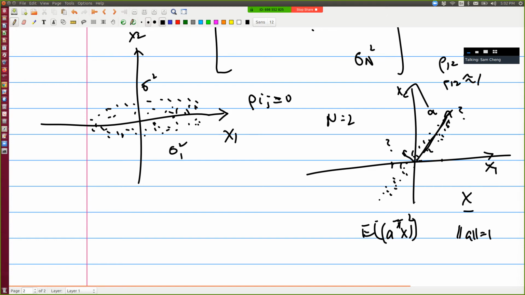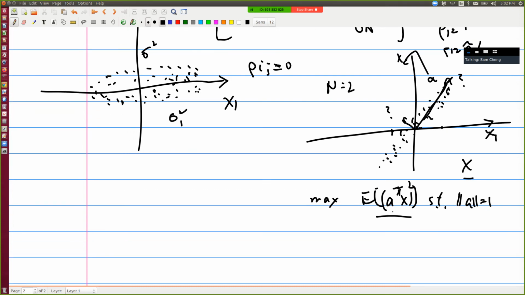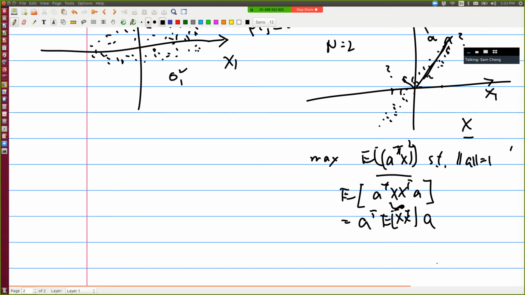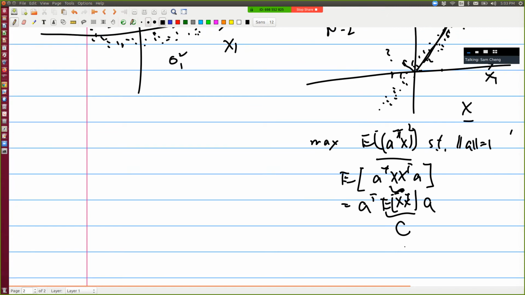Maximum projection, right, something like this. But then I can write this as a transpose x, x transpose a, right? And of course, if I write it like this, then this will become a transpose, with the expectation getting inside, x transpose a. So that will just give me back the covariance matrix, right? Now, because I have a normalized, right,